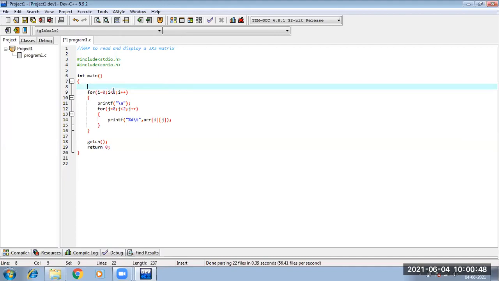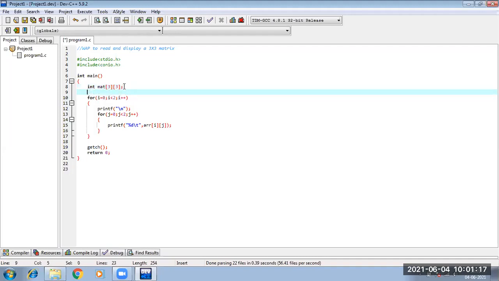So first, if I am defining my 3D matrix, suppose let the matrix name be mat. Okay, so I am just writing it like this, mat 3 by 3. Fine.